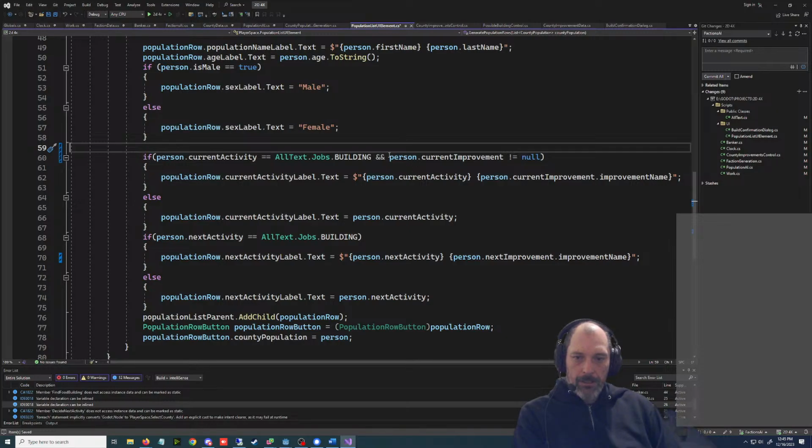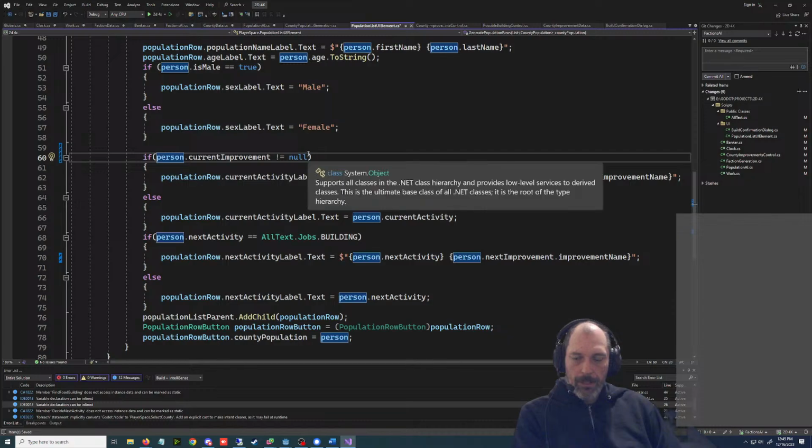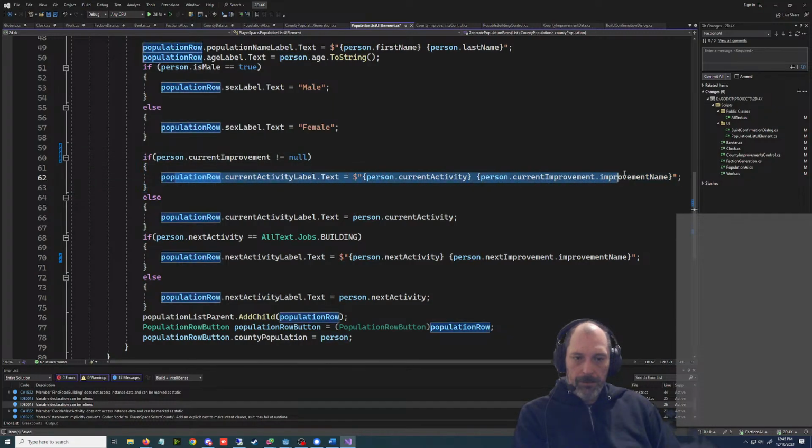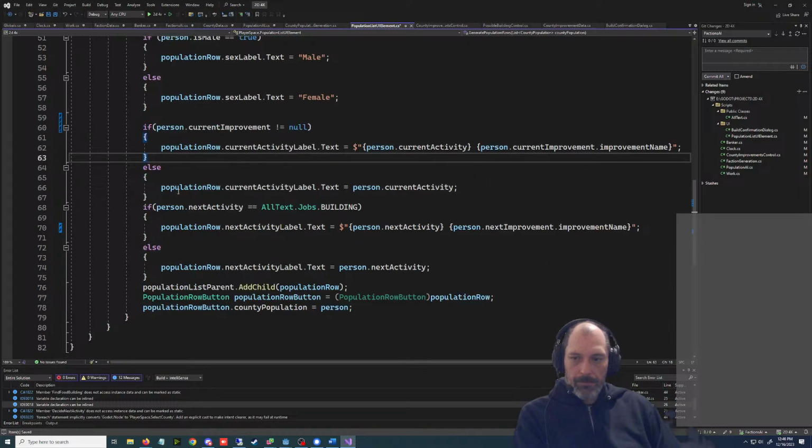If their current improvement is not equal to null, they would do this. Else, it's going to show their current activity, which could be right. So we have two different things now: idle and scavenging.